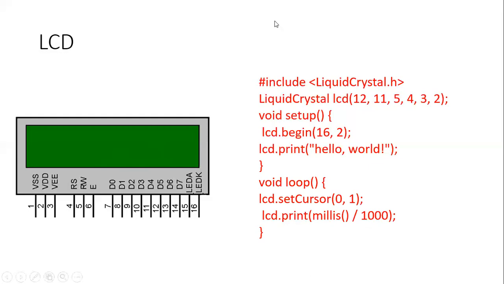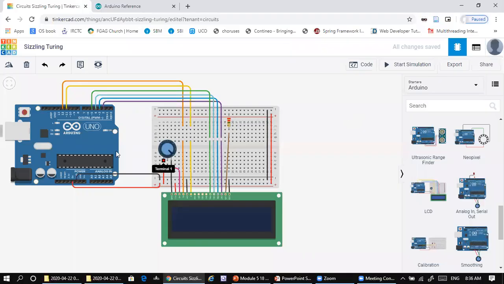Now let us see how to do this in the simulation. Here you can see an Arduino board connected to an LCD through a breadboard. As you hover your mouse on a particular pin number, you can see the function of these pins of the LCD.